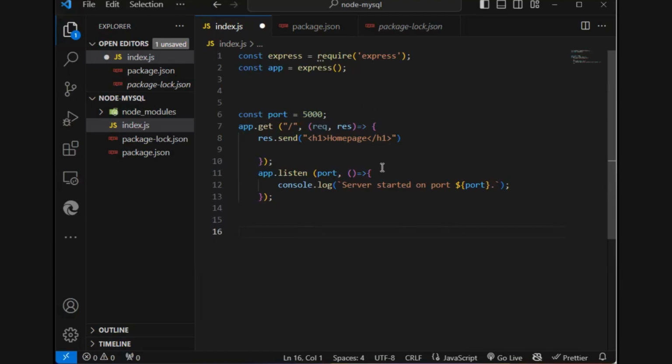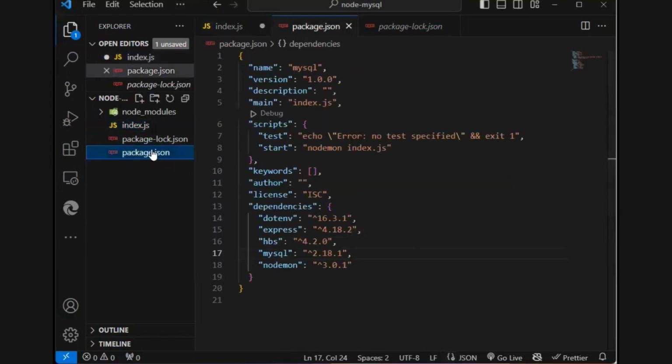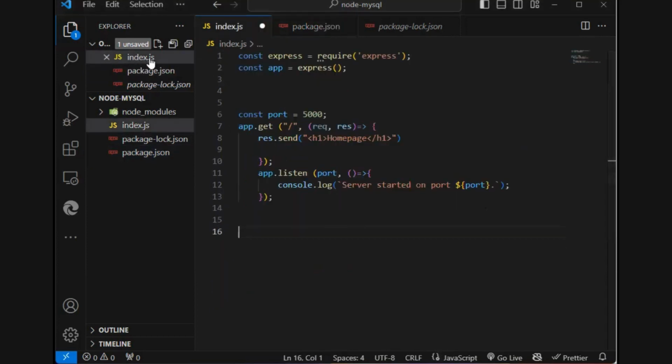I think you remember that in our previous video, we made sure to start our server in order to be able to connect MySQL with our application. And also, let's go to package.json and make sure that we also installed the MySQL dependency in our package.json. Now, let's go to Node.js, to index.js, and then